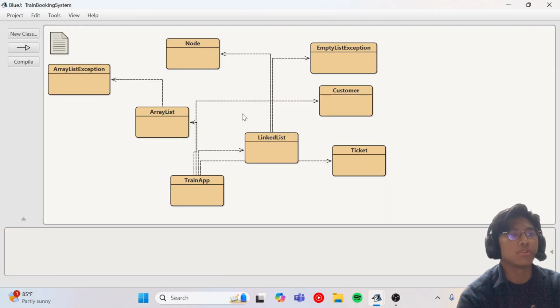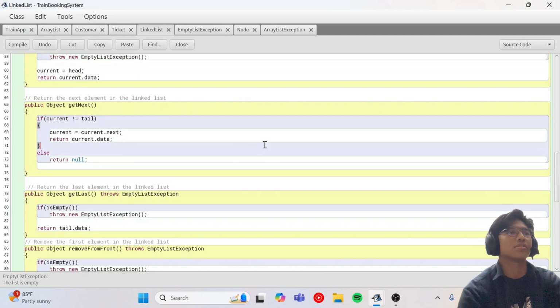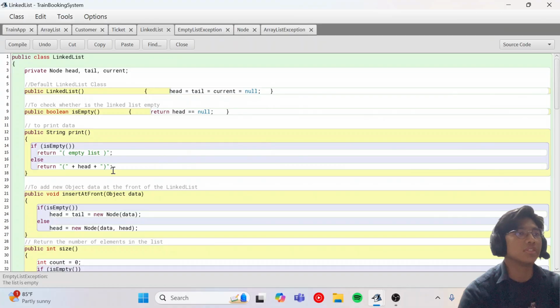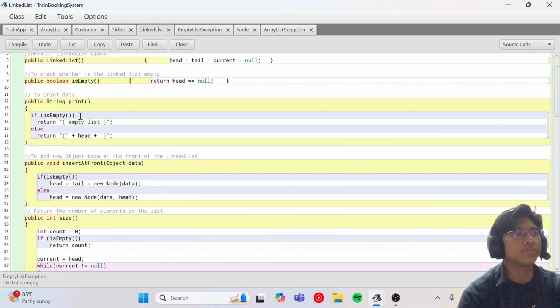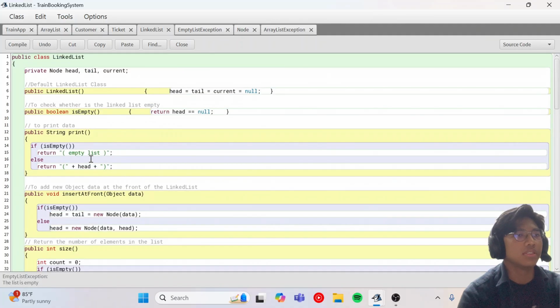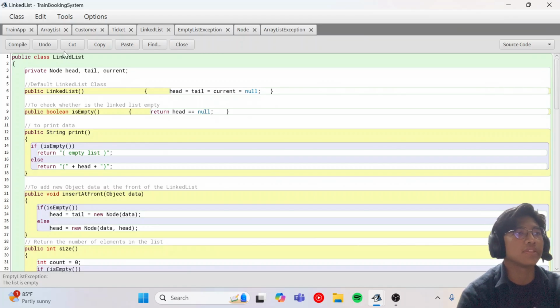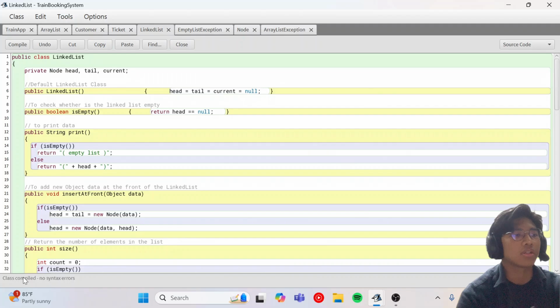Next I will go to the linked list class. So here is the same pattern as the release before. You have a constructor, this is for print, and this is head equal to tail and equal to current. This is linked to the node class. So if we don't have the node class, we cannot run this list. So we need to have the node class, because we use it here